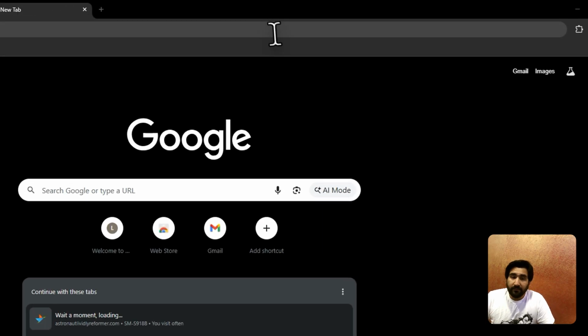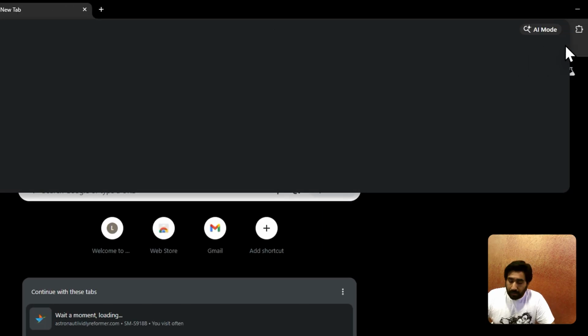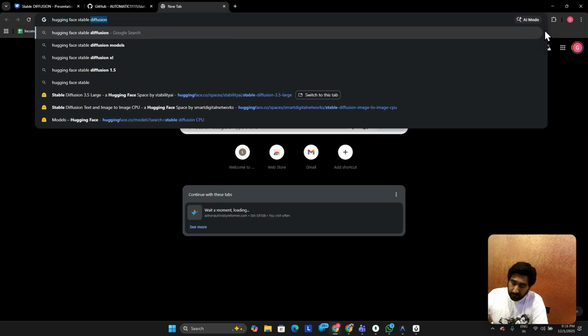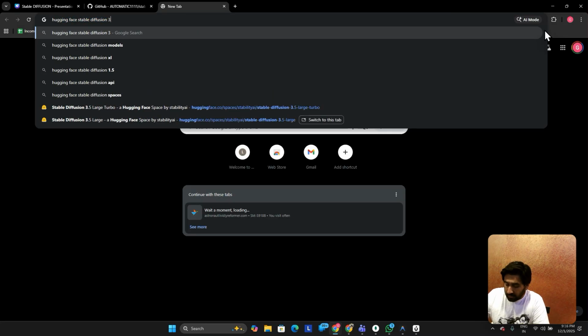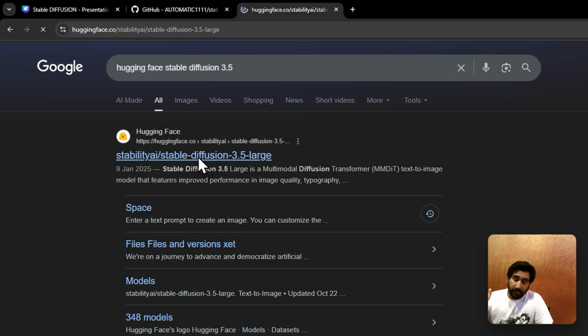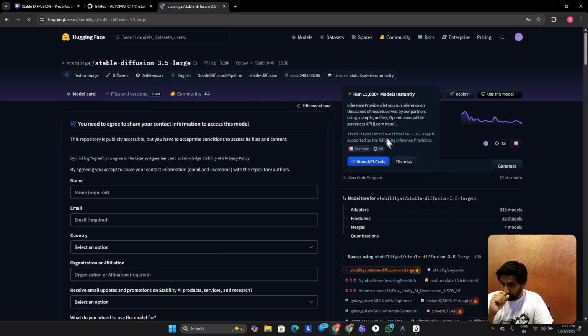So the very first thing that we will do is we can go to Hugging Face. Okay, let me search for Hugging Face Stable Diffusion 3.5. ऐसे गूगल करके देखता हूँ, and you see Stability AI dash Stable Diffusion large. If I click on it, okay, I will see